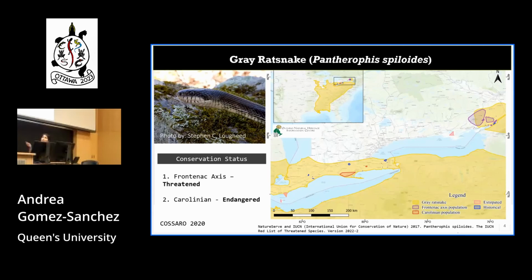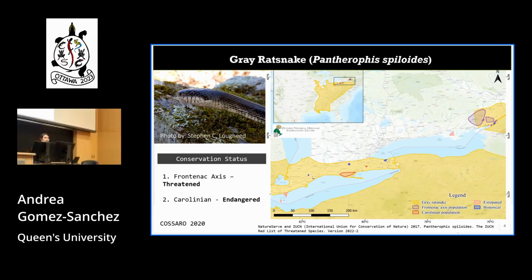Here we are interested in the gray rat snake, which is a species distributed mainly in the eastern United States. In Canada, we can find it in two different regions and with two distinct populations: the Carolinian population in the Carolinian Forest region and the Frontenac Axis population, also known as the Great Lakes and St. Lawrence population, in the Frontenac Axis. This population also crosses the border to upper New York State,